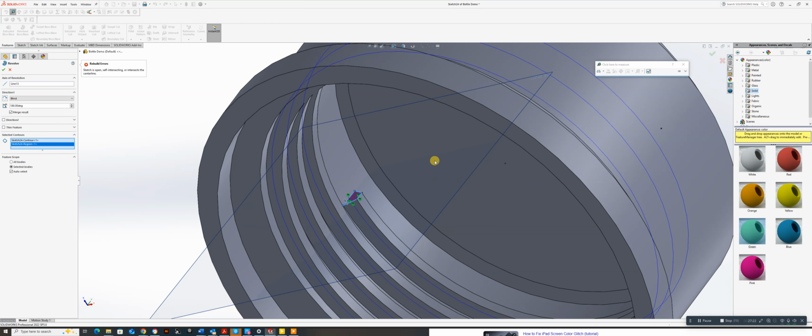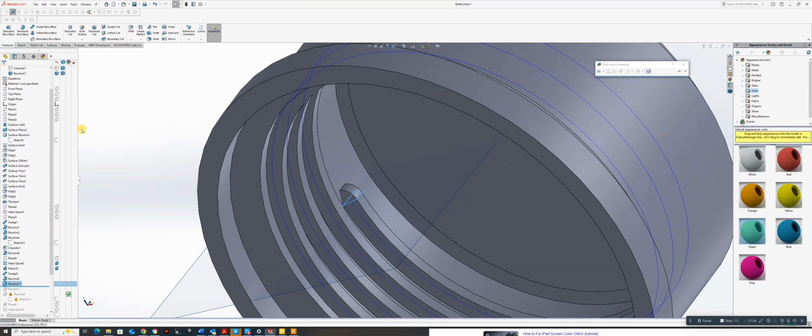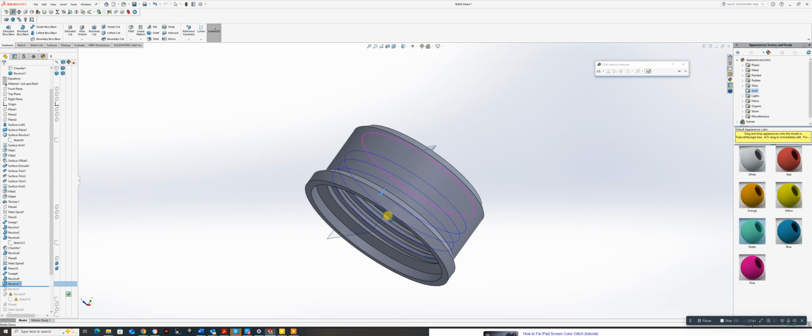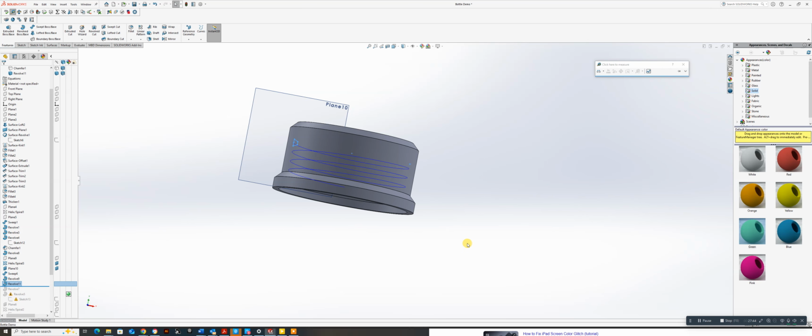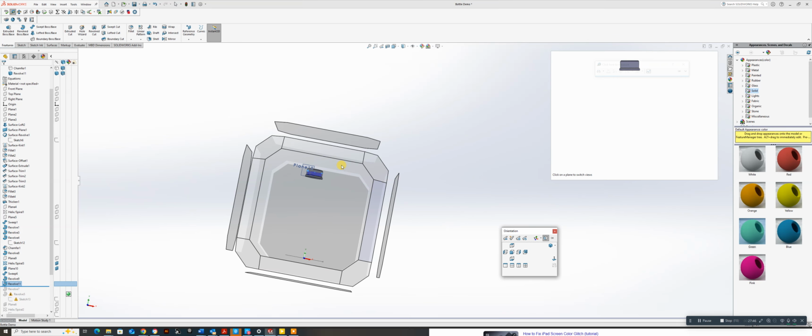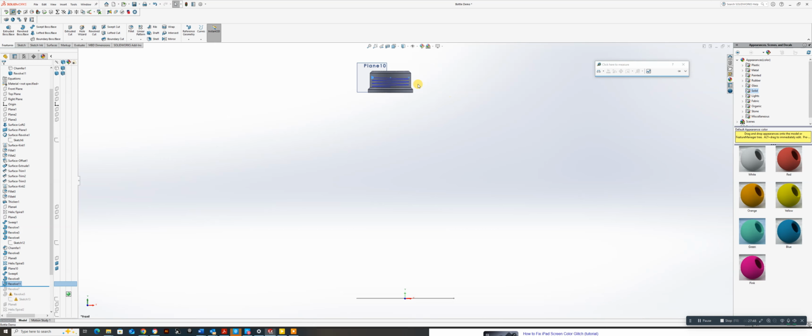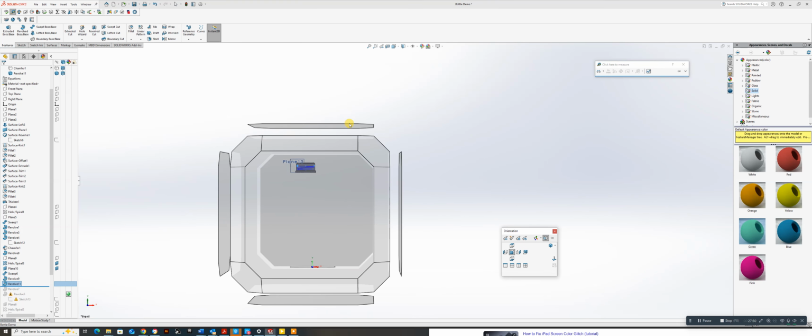There we go. So I've done it the other way again. Let's just reverse that. That should do it. Just delete that one. There we go. Perfect. So I've now got a cap to go in there. Right, last thing, just to finish this off a little bit. If we go to the top of the cap,